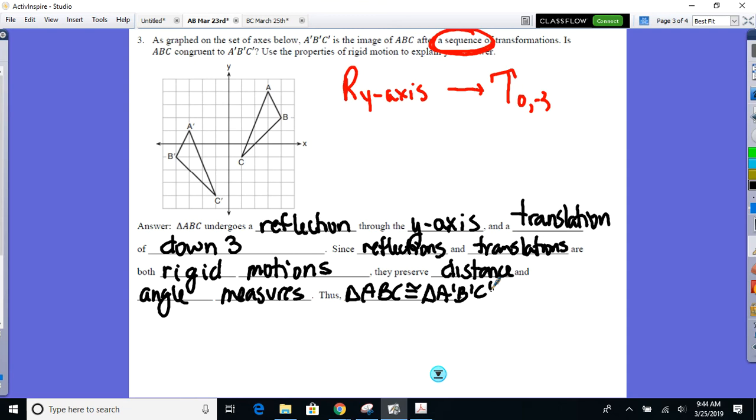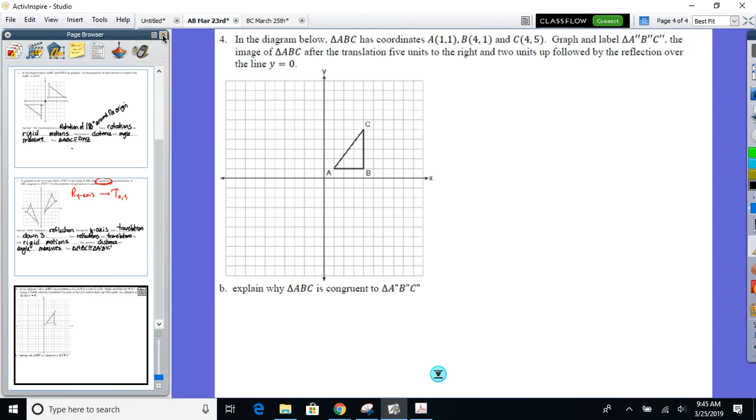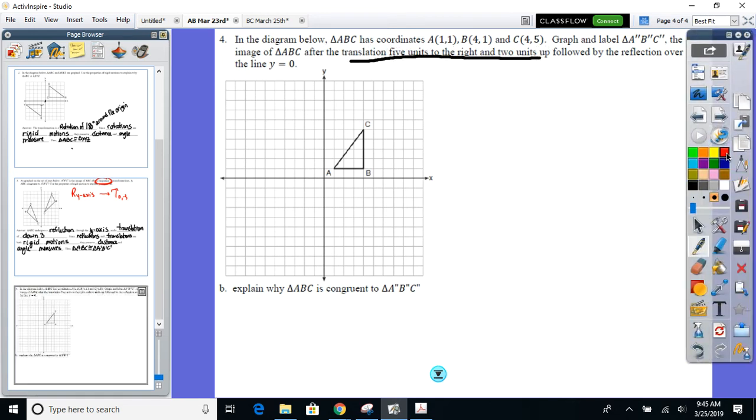Okay, ready to drop the blanks. That was your fun time with all the blanks. Now time to drop it. On this one, though, I'm actually going to tell you what to do. So that's what you're going to have to do in your group first. So if you want to, the triangle's already graphed for you. You're going to take it, ready? You're going to translate it 5 units to the right, 2 units up, and then you're going to reflect it